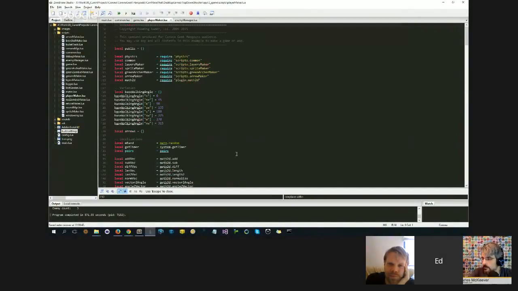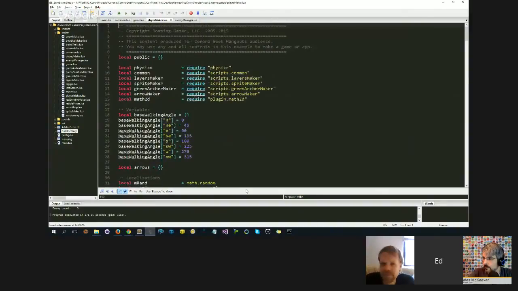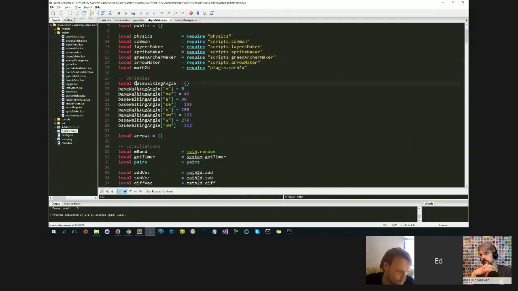So in Player Maker, which is the code to make our player dude, let's go ahead and zoom in a little bit here. We got a bunch of stuff. I won't go through all of it, but it's a module just like always. Public table, do the requires we need. I talked about the base walking angle on a previous show, but this is a table that basically lets us